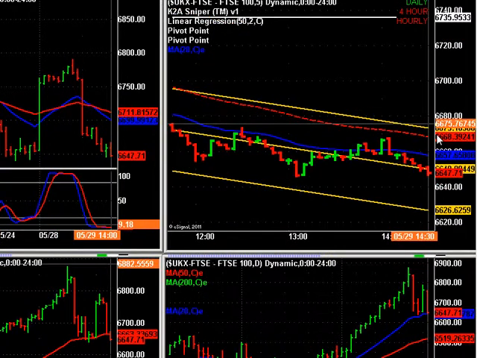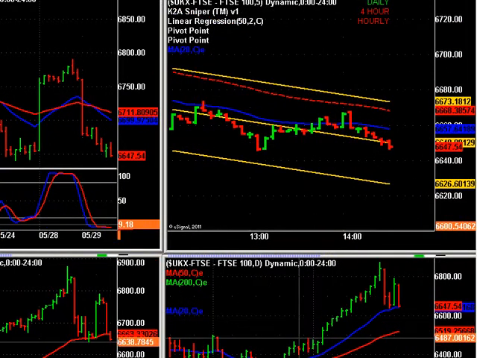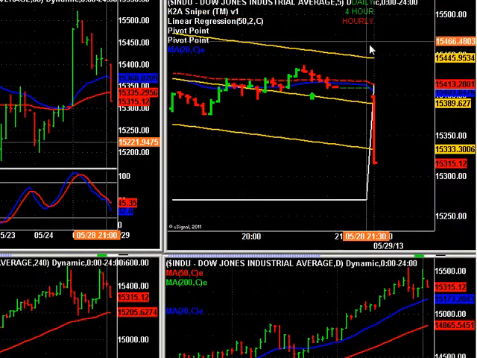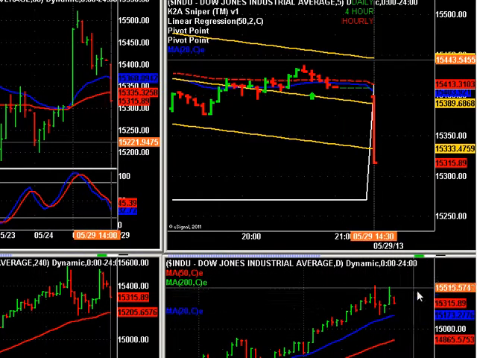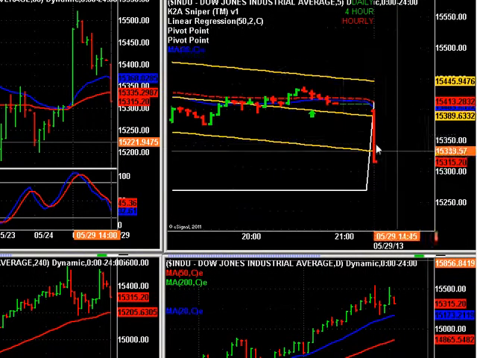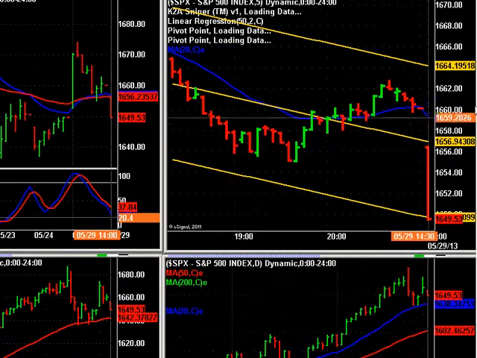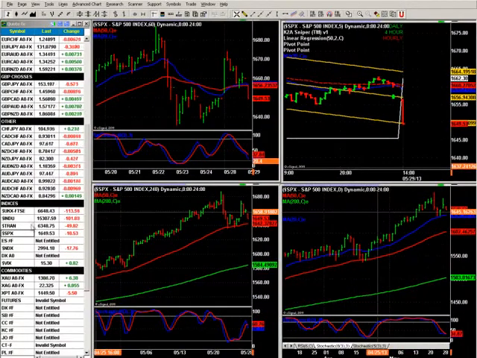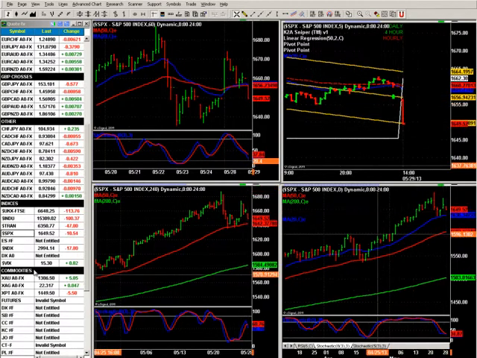The FTSE is currently pushing down. It's gonna close in 2 hours. Big sell-off on the Dow Jones there, one of the indices in the States. There it is, pushing down. And then S&P still. There it is. This is the first minute, by the way, which is when you get the gaps. There's a tiny little gap there as well.